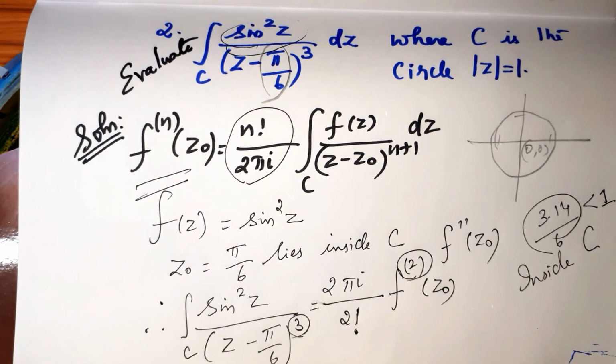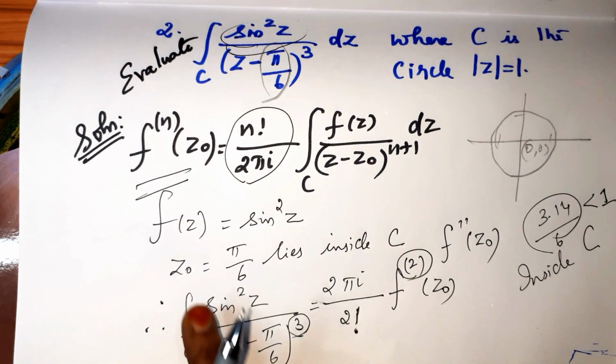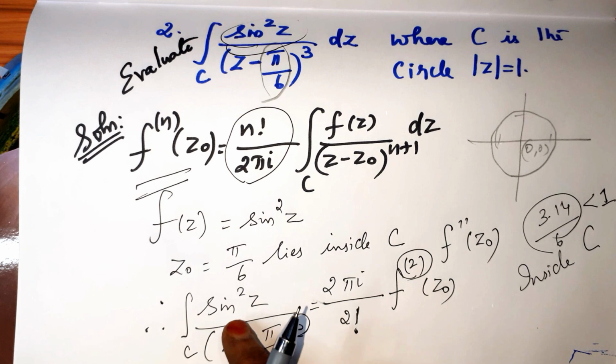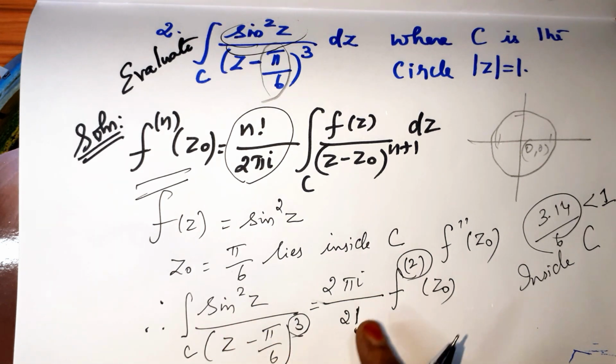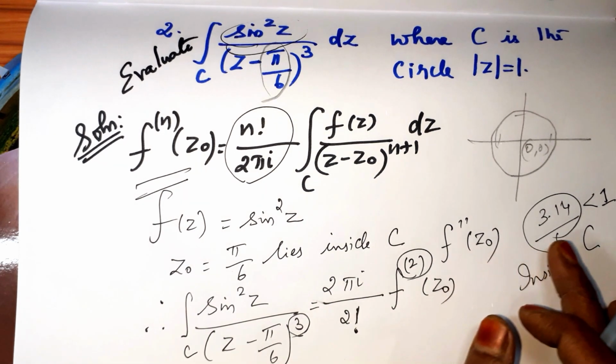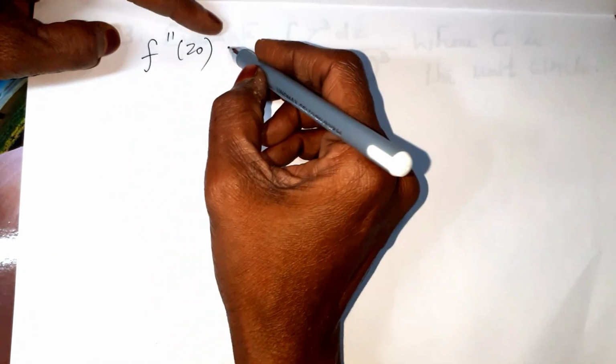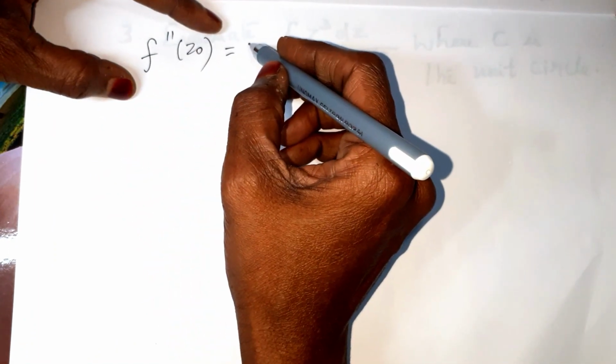So using this formula for this problem, what we got is the integral over C of sine squared z by (z minus pi by 6) the whole power 3 is equal to 2 pi i by 2 factorial times the second derivative of f at z0. So what we have to find now? f double dash of z0. That means we have to calculate